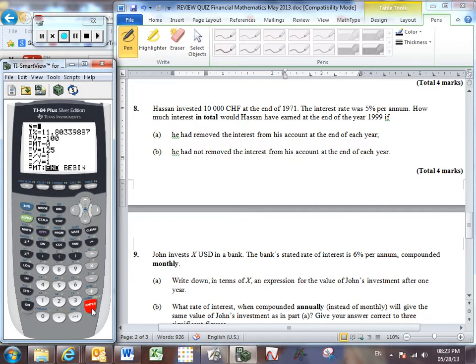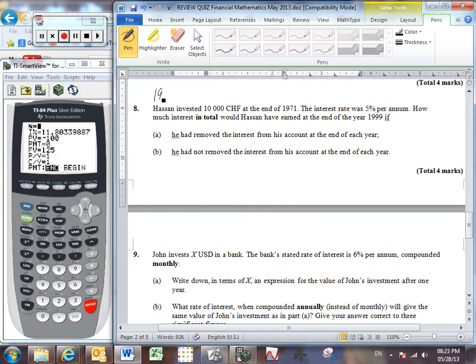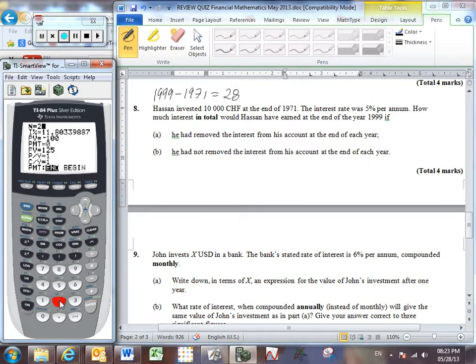and looks like from 1971 to 1999, there are 28 years that have passed. And we're only compounding once each year, so that's a total of 28 time periods that have occurred. The interest rate is 5%. The original investment, let's put it negative because we're giving it away at the beginning. We're losing it. We'll get back something more in the future. And the future value is what we're trying to find, so alpha, enter,